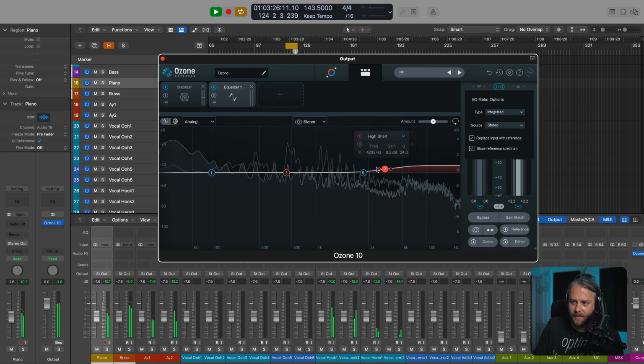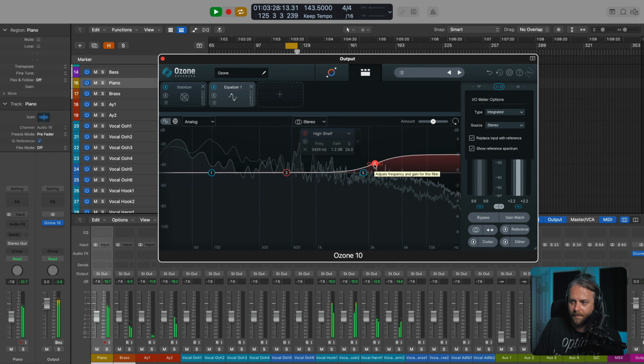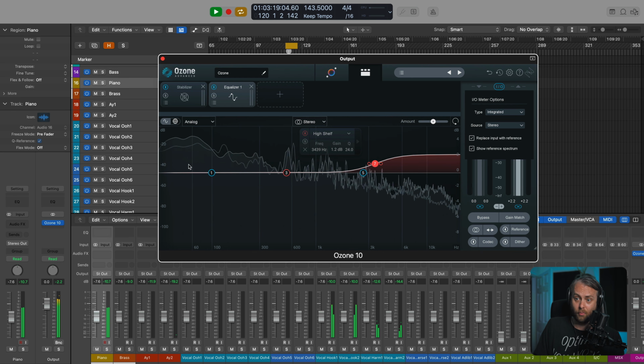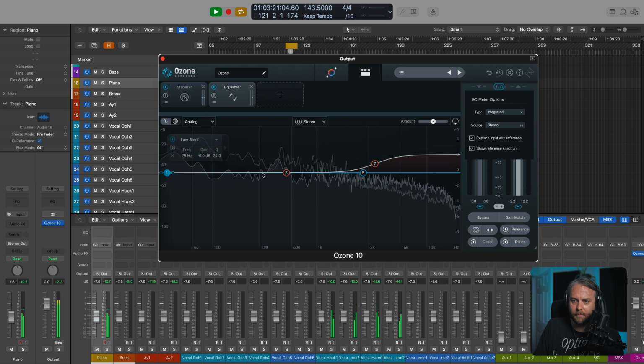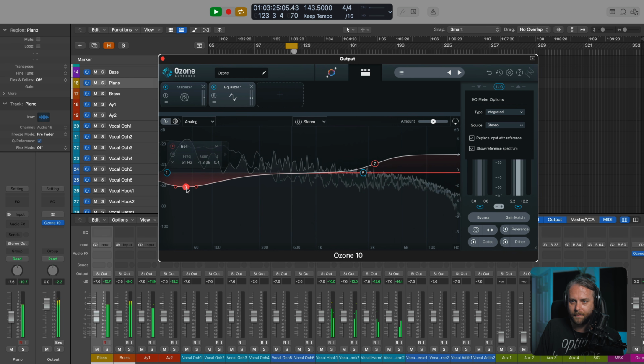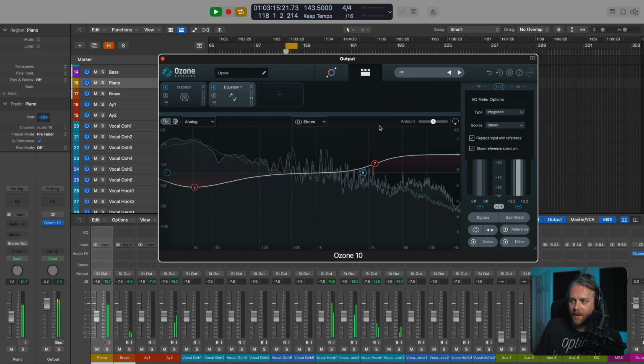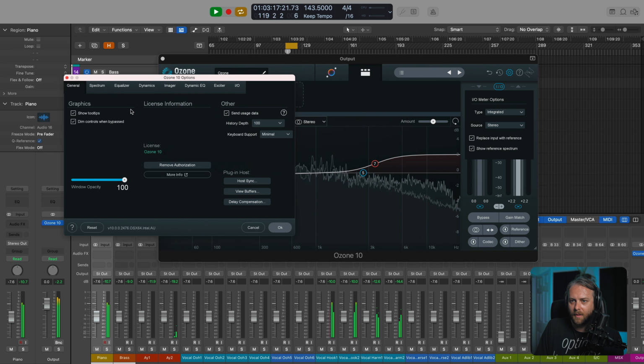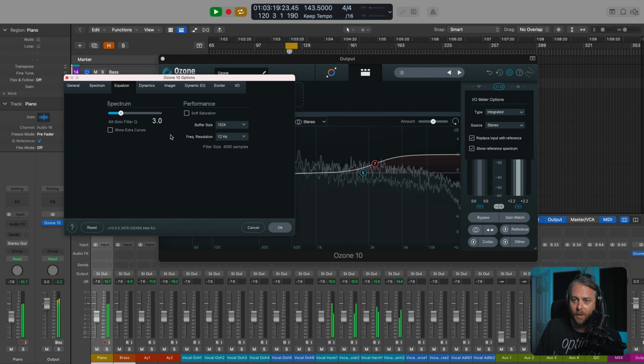So I could bring this up a little bit, get them at parity. Also, my low end is way out of control compared to theirs, so I could decide to bring mine down, for example. And another trick is I can go to the options and get these equalizers to really slow down.